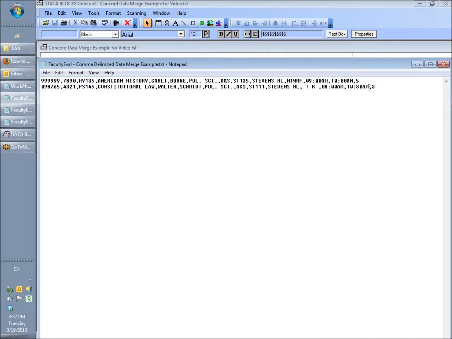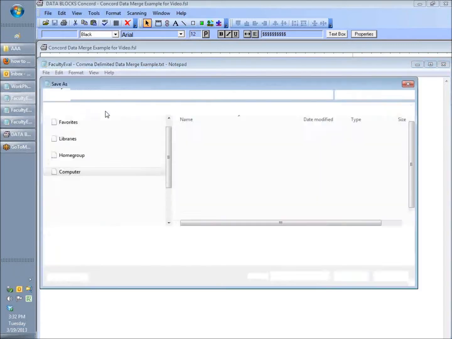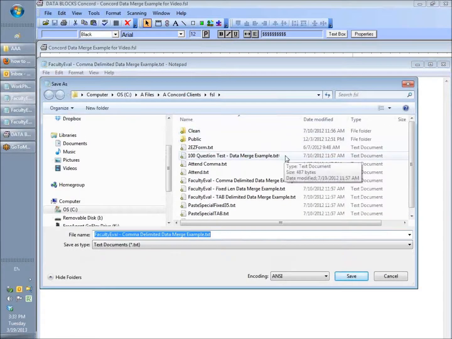So we'll assume this is the number of people in each of these classes, and I want one of these forms for each person in the class. This might be a class evaluation. So I'm going to save this under a slightly different name so I don't change my original file. I'm going to do a File Save As, and we'll make this the for video